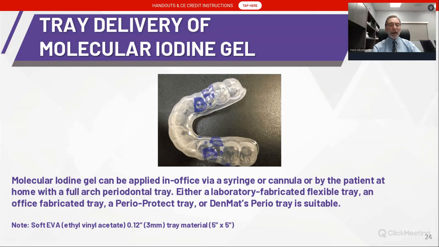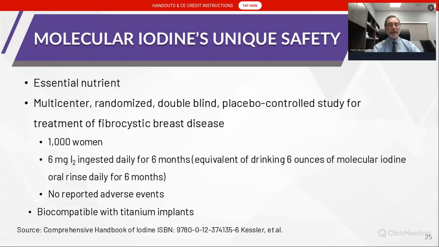Excellent, excellent results. Also, Perio Protect makes a very suitable tray, as does Denmat. So molecular iodine is available as a gel. Now, here you have something which is so deadly to germs. But is it safe for humans? Well, you betcha it's safe for humans, because